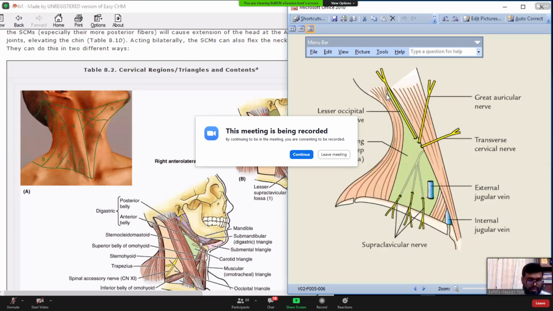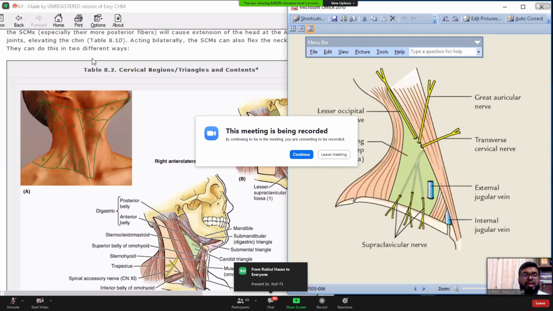Now, what is the roof? The investing layer of the deep cervical fascia. We have discussed the investing layer of the deep cervical fascia. You know it. The deep cervical fascia has the investing layer, and the other layers are the carotid sheath and the prevertebral layer, right? So the investing layer of the deep cervical fascia forms the roof, and this roof is pierced